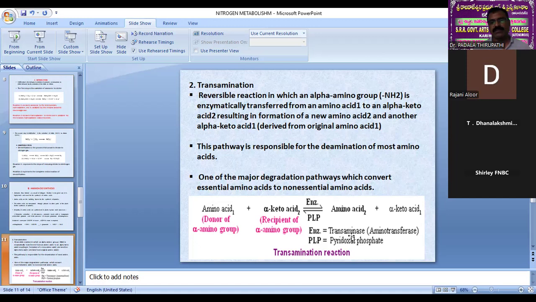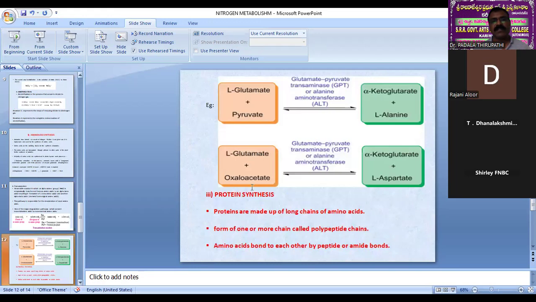So the transaminase and pyridoxal phosphate are responsible for the conversion of amino acid 1 to amino acid 2 and alpha keto acid 2, alpha keto acid 1. Then see here,